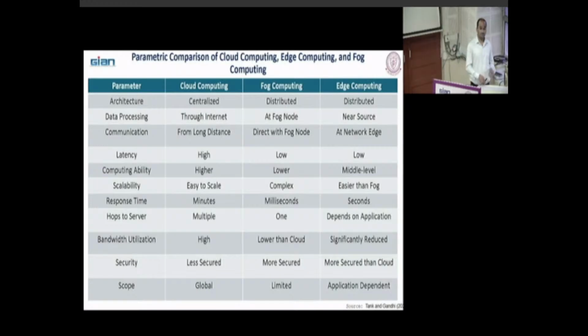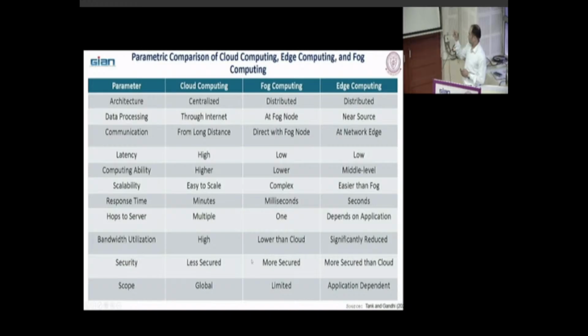Yes, go on. Earlier it was mentioned that edge computing is less secure due to decentralization, but here it is more secure than cloud. Which one? If you see the security parameter and the comparison between cloud computing and edge computing. In previous slides we saw that edge computing is less secure because of decentralization. Yeah, that's correct.